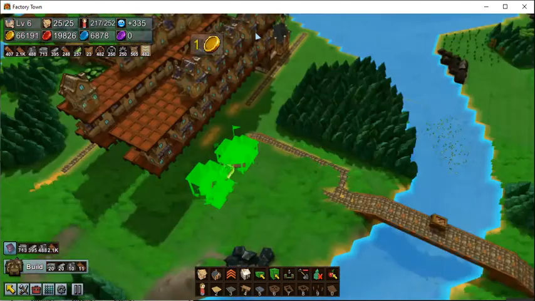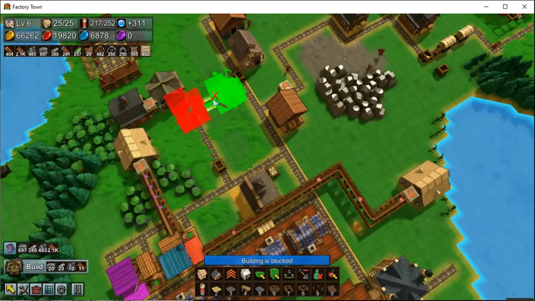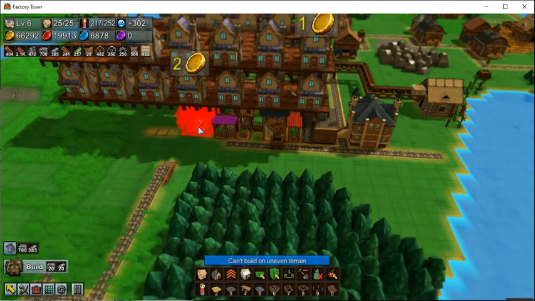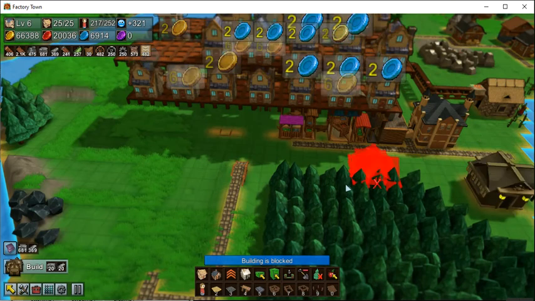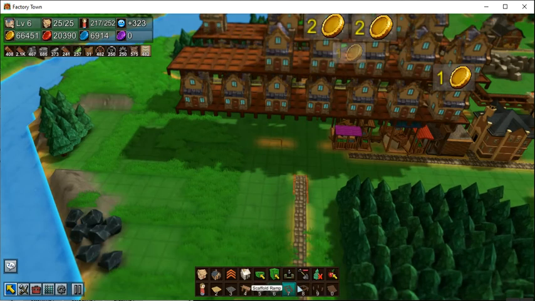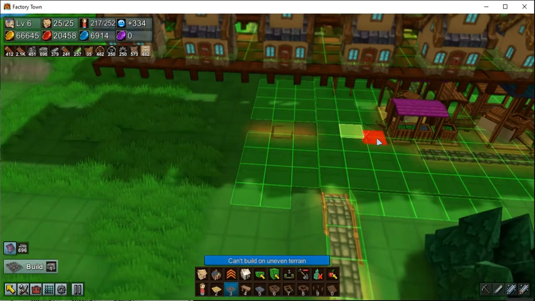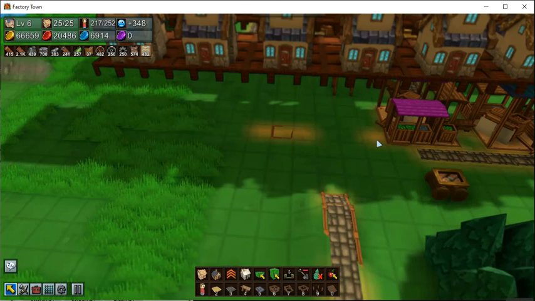Copy, and paste. And then the apothecary. Copy. And really? Still doing it. Set it over here for a second and see if I can find a solution. Let's see. Build road. Oh, there it is. Here's, well, I think that's where the problem is, but